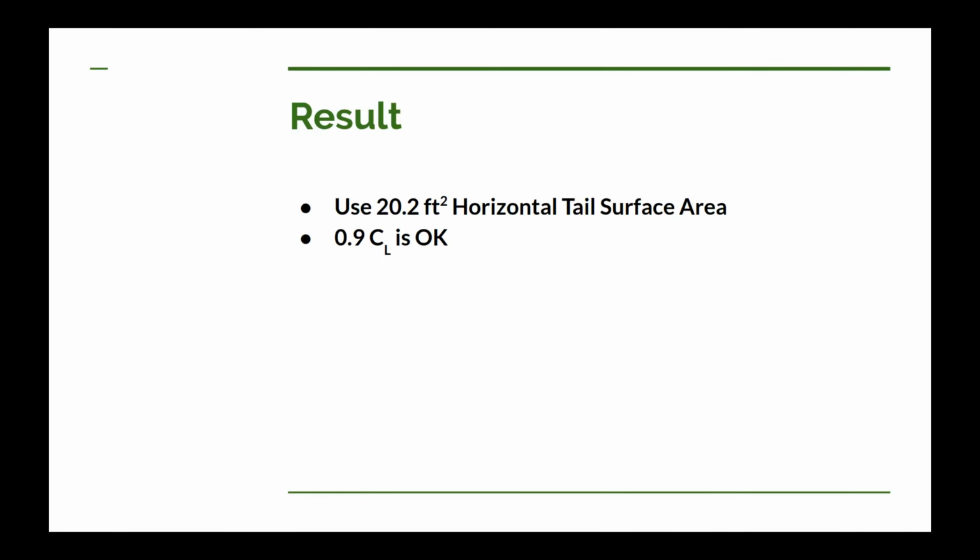Well, I'm pretty darn happy with that first guess that we took at what the horizontal tail surface area was going to be, based on what the Hummel Ultra Cruiser had. We are just a little bit less than what our calculations said we should be. Based on Ultra Cruiser, I had 20.2 square feet. Our calculations said 22.5 square feet. That's pretty good. In the airfoil selection video that we're going to do for the horizontal tail, I'll get into why having a slightly smaller surface area will be fine for a horizontal tail. We could even go smaller. I don't think we will, but we could. So that 0.9 coefficient of lift based on this surface area is going to work out pretty good for the